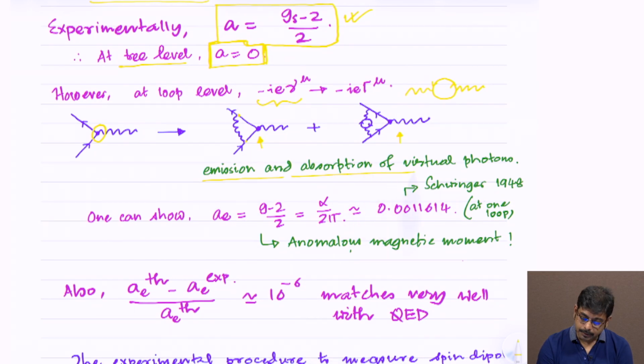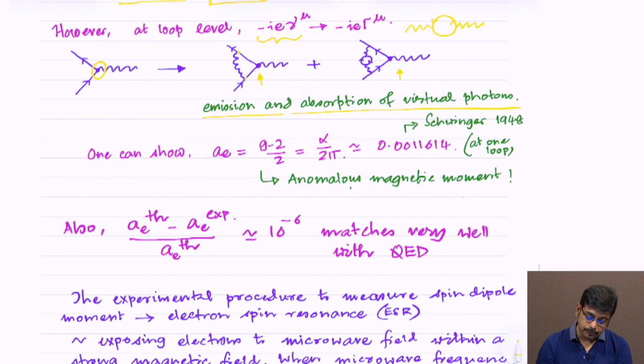So, this is coming from the absorption of a virtual photon, and one can actually show, if you do this calculation, I suggest you look into the book of Peskin and Schroeder, where all these details are done. I do not have the provision of doing this loop calculation in detail, but basically once you do it at the first loop order, this is going to come out as alpha by 2 pi,